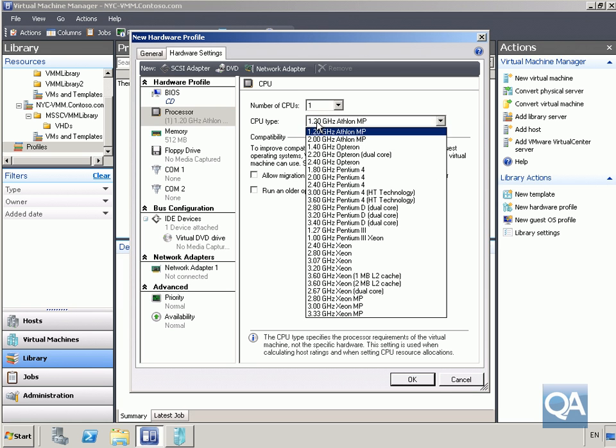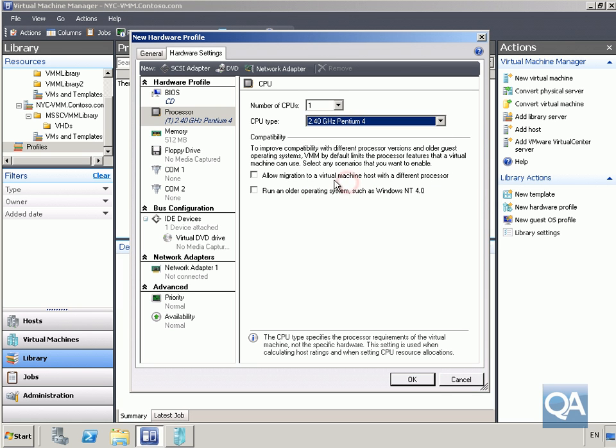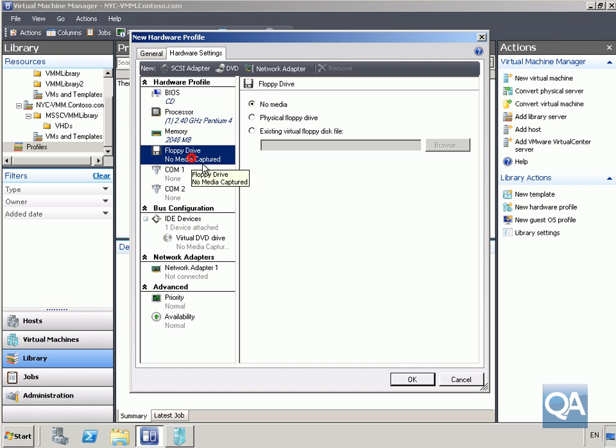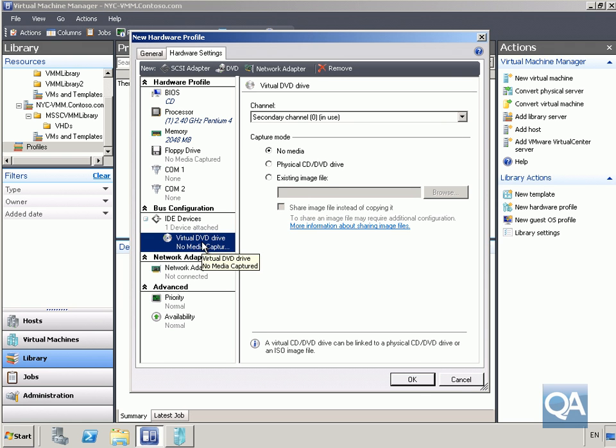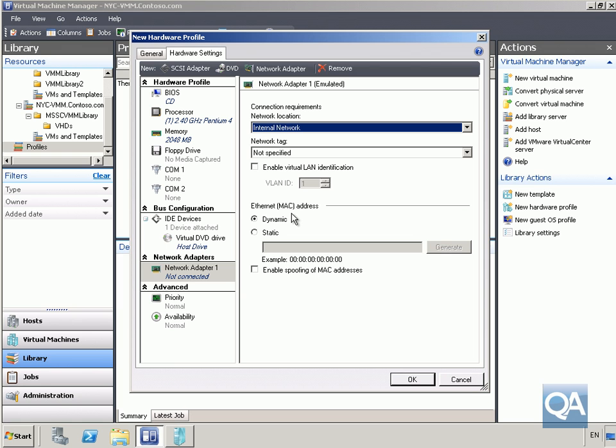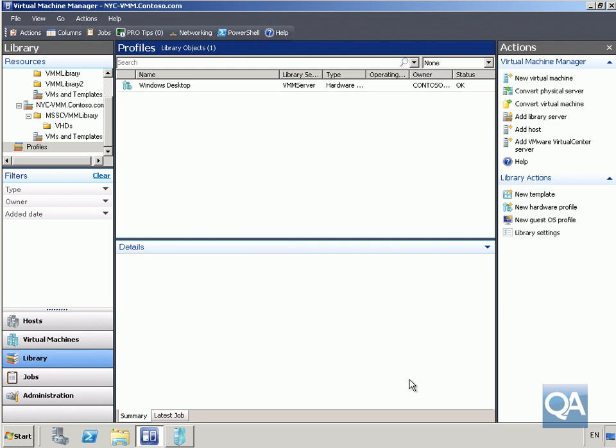The profile for the processor is going to be a 2.4 GHz Pentium 4. We're going to specify 2 GB of RAM for these virtual machines. We're not going to bother with the floppy disk drive, or really with anything on the COM ports either. Under the IDE devices for the virtual DVD, we're going to connect through the physical CD DVD drive. On the network adapter, we're going to specify the internal network, and we're not going to bother changing anything with the MAC address. So now we've done that, we can click OK,